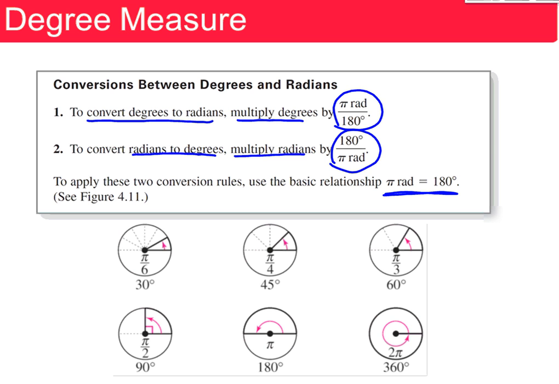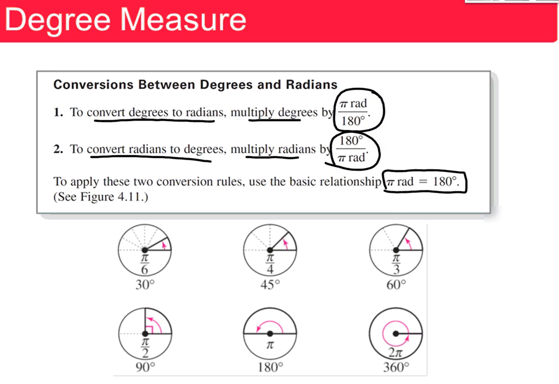Now, a rule of thumb is generally if there's pi in the angle, then we're going to use this one because we want the pi's to cancel and then it'll be degrees. And if there's no pi, we usually use this one. That's a rule of thumb, but you do have to be careful because now we're at a point in our mathematics where sometimes we will have a degree measure with pi in it, or we will have a radian measure without pi in it. So when in doubt, you can do that, but you do want to look at things